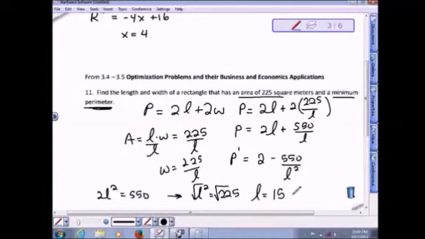Now, we do have to check that this actually is a minimum value here, and not a maximum, so using a quick little first derivative test, we test points in each interval on either side of 15. So if we plug in a 14 over here for L, 14 squared